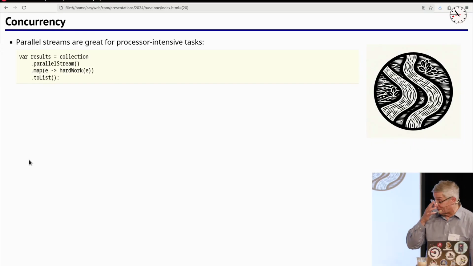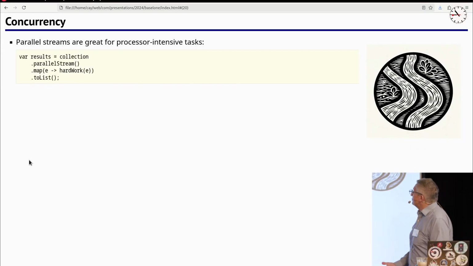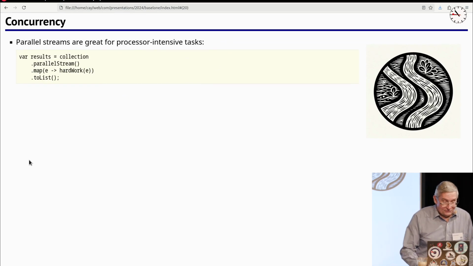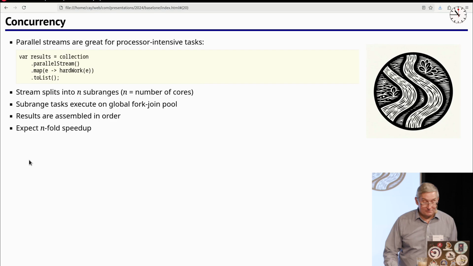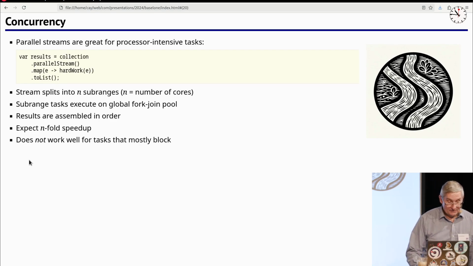So I now see that Jose was right, that I'm going to have to just race through the last slide here. But I do want to say this because there's one good thing in there. If you actually want to parallelize, then streams are definitely your friend. With a simple .parallel or .parallelStream, you get better performance. So they split, and they work fine. So you should expect an n-fold speedup where n is the number of your processors.